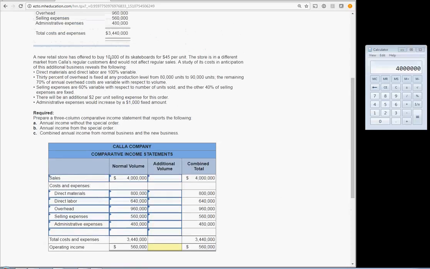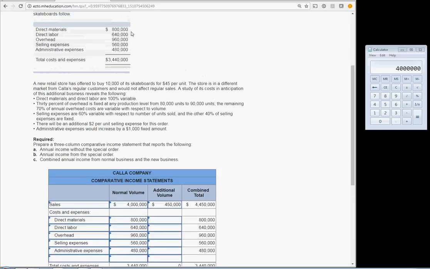Well, the special order is 10,000 skateboards at $45 per unit. If you do that math, 10,000 times 45 is 450,000. Now is where we kind of run into trouble because we need to know what the per unit cost is for direct materials. Well, if it was 800,000 when I produced 80,000 units,